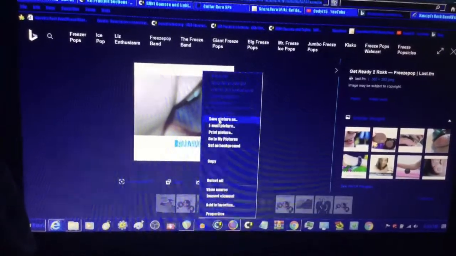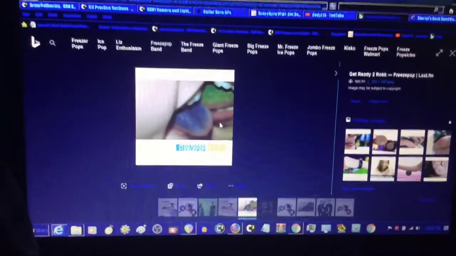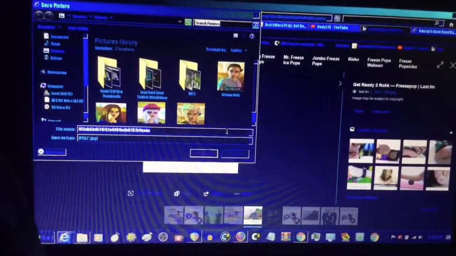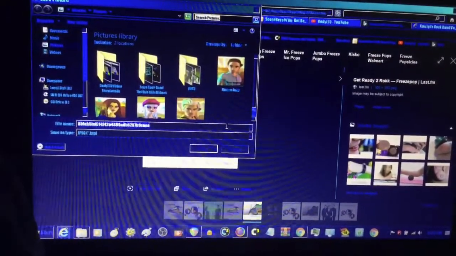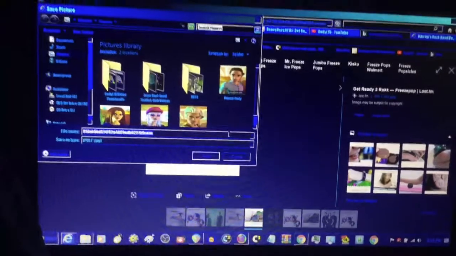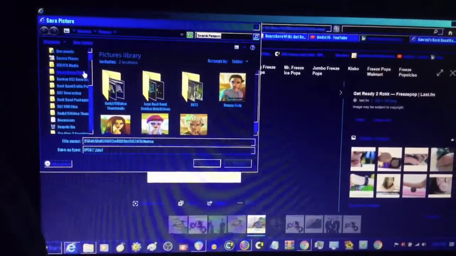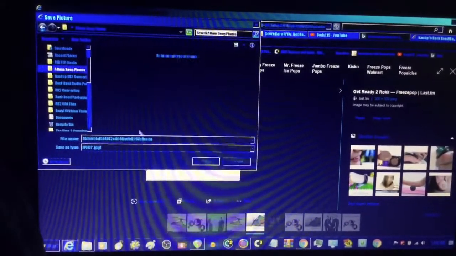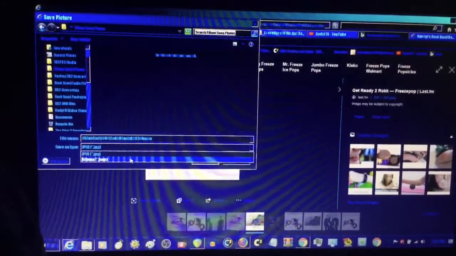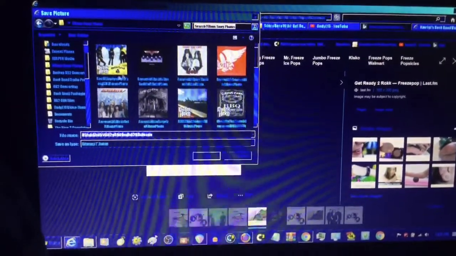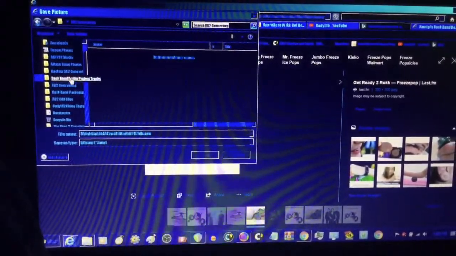So we're going to go ahead and do Save picture as. Give it a minute. It's recommended to just save your album photos into an album songs photos folder. Make sure that you